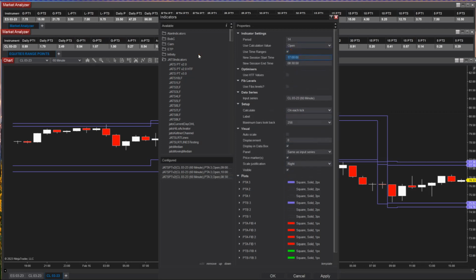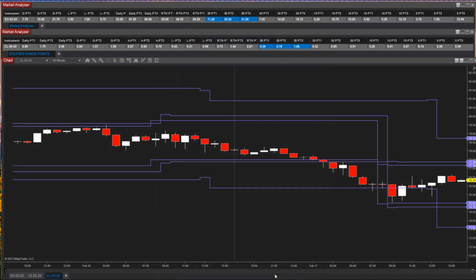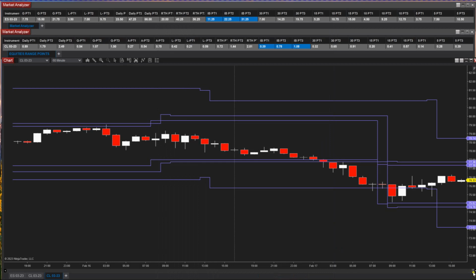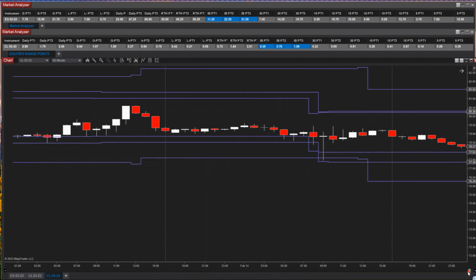And that would be 12:30, so that would be 13:30 to 12:30. There we go. So there is your volatility envelope